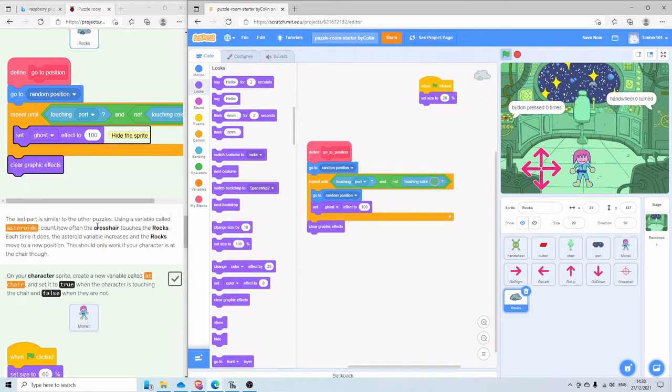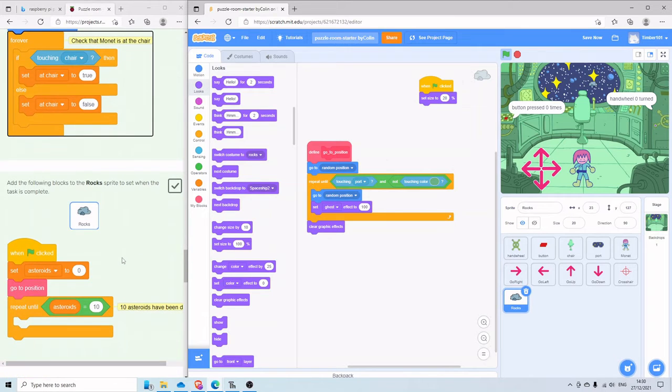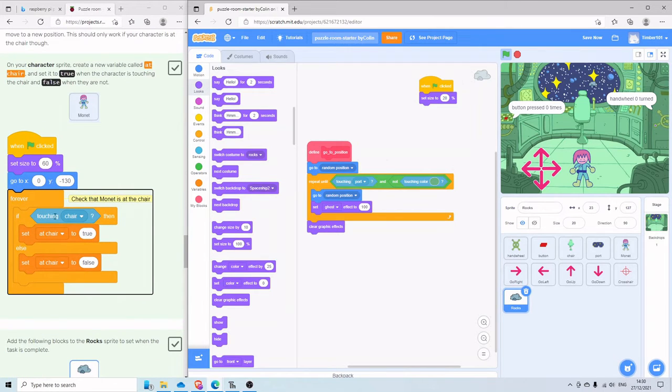So the last part is similar to the other puzzles. We're going to create a variable called asteroids, and we're going to count how many times the crosshair touches the rock. And it should only work if Monet is within 50 of the chair. Actually, if he's touching the chair. Okay, so on